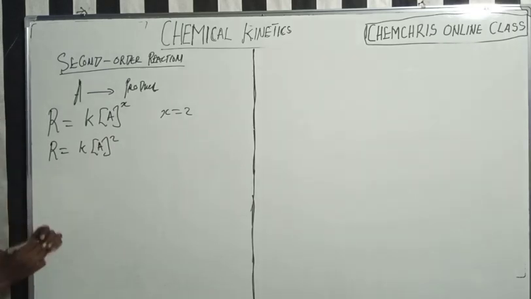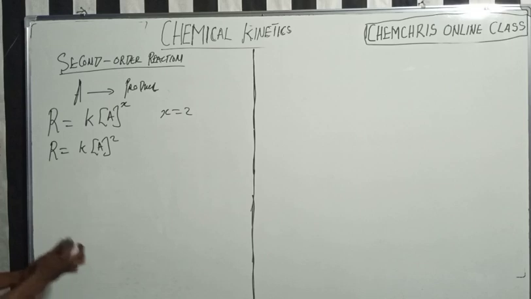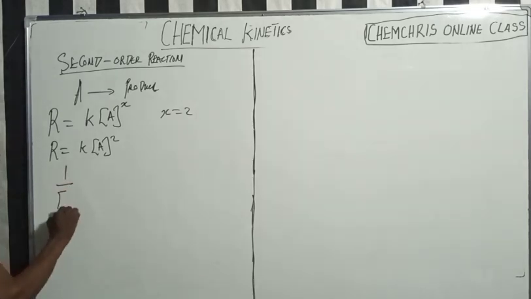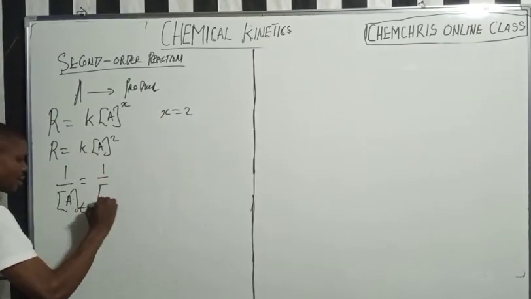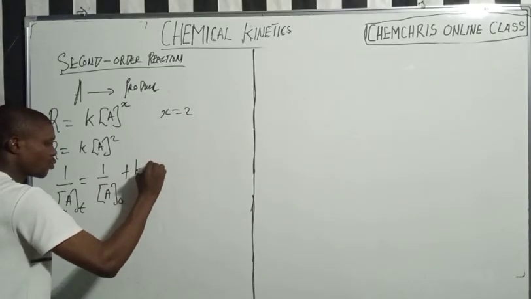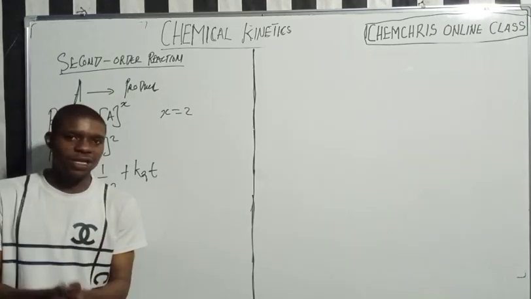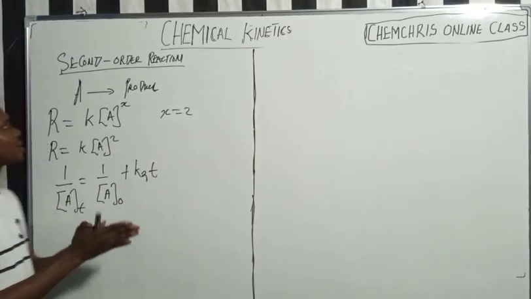So you derive the integrated rate law. Now in the integrated rate law derivation, here we have 1 over At equals 1 over A naught plus K2t. So this is the formula you are actually going to make use of when it comes to